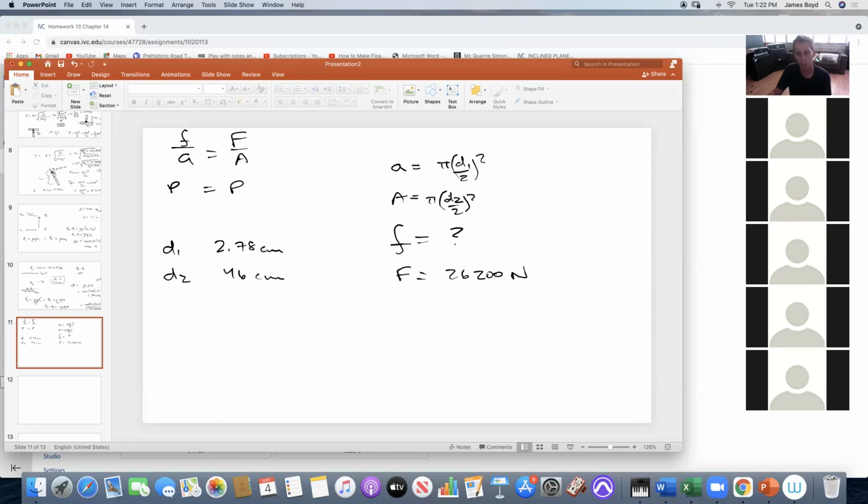Half the diameter is r. So this would end up being, put it in meters, 0.0278 meters divided by 2, square that answer, times pi, and I get 6.07 times 10 to the negative 4 meters squared. 46 turned to centimeters is 0.46 divided by 2, multiply that answer by itself, and multiply by pi, and I get 0.1662